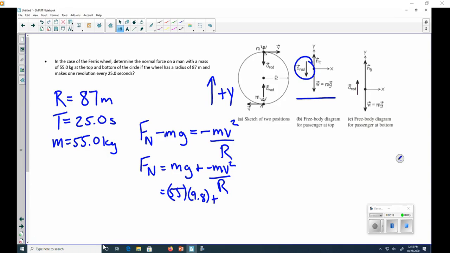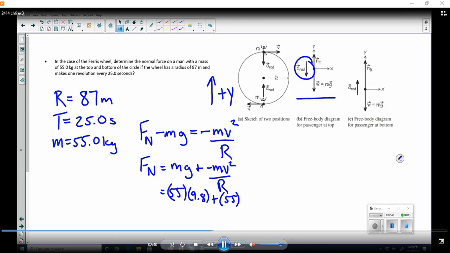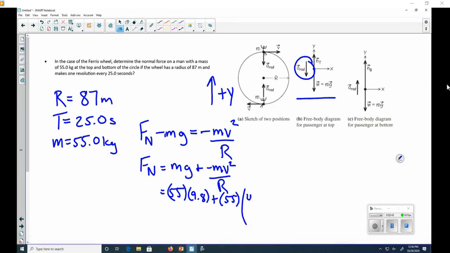centripetal force. In order to do that, we need to find the velocity, and the velocity comes from the radius of the Ferris wheel and the period, the time it takes for one revolution. And so if we just plug in what we know about the velocity in terms of the radius and the period, and then plug in the values that we know,